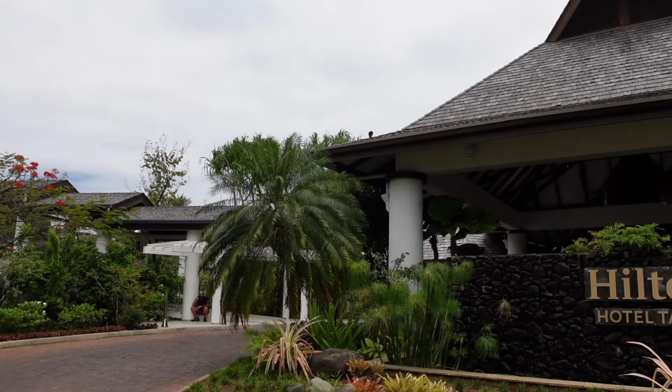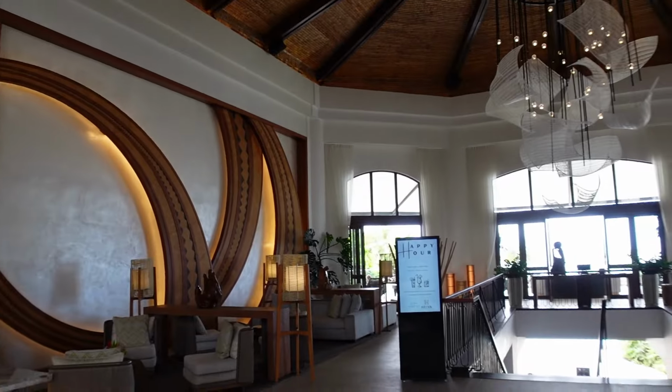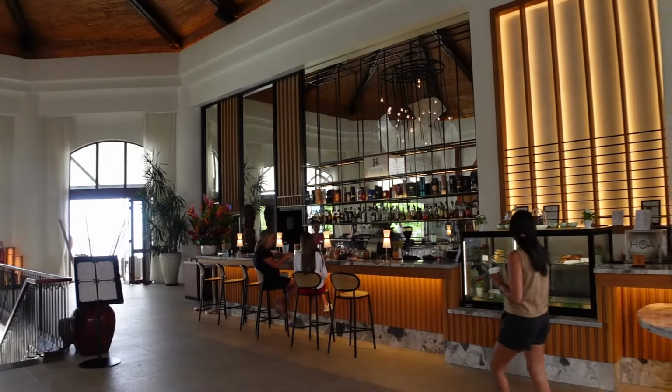So if you rented a car like Mitch and I did, you will be coming around the roundabout at the front of the hotel, and even as you enter up the drive, it is stunning and absolutely gorgeous. But I like to think that the lobby of the hotel is the soul of a hotel, and this open air feel, if you've been to Hawaii, you can see the greenery. It's got a lot in common with it here in Tahiti, but I'm gonna take you over to the check-in desk,